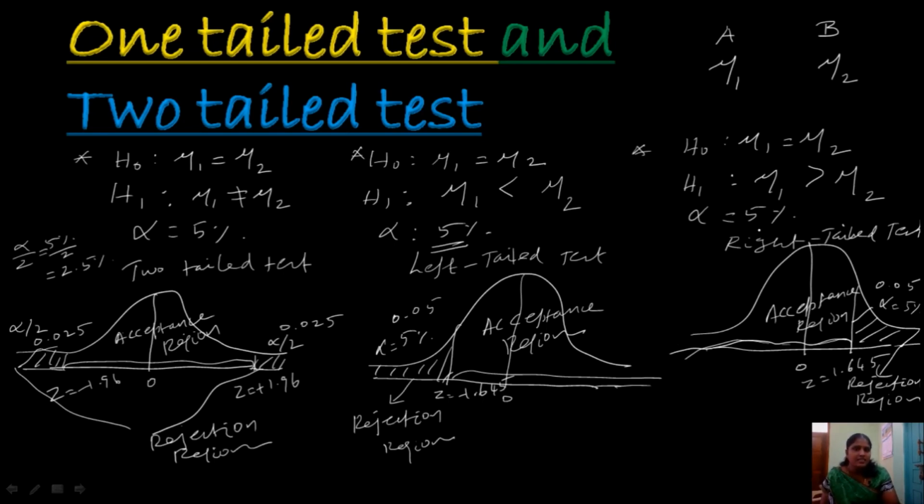So based on the problem itself, we have to decide whether we have to follow a one-tailed test or two-tailed test for an alternative hypothesis. It's based on the situation of the problem. If there is no difference, we have to take a two-tailed test. If there is a difference, that is one is superior or inferior to the other, we make use of lesser or greater symbols. Based on that, we choose the test, maybe left-tailed or right-tailed. So this is how we choose the test, that is one-tailed or two-tailed.